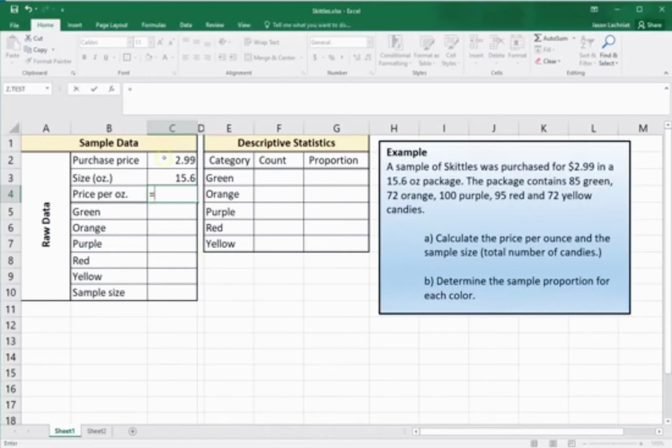We're going to do equals, click on the purchase price, and then we're going to divide by the size. So price per ounce is going to be the purchase price divided by the size. The division is the / on the keyboard, and then click on the size. So as a formula, it's equals C2 divided by C3. Hit enter, and it has worked out a price per ounce,